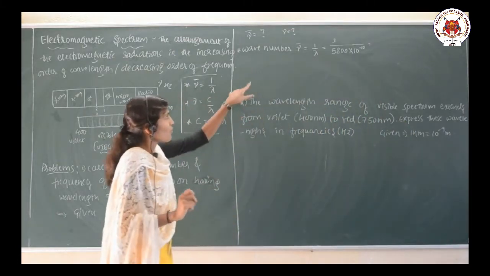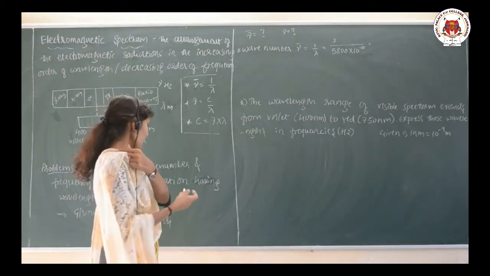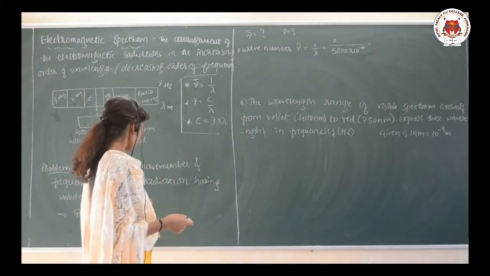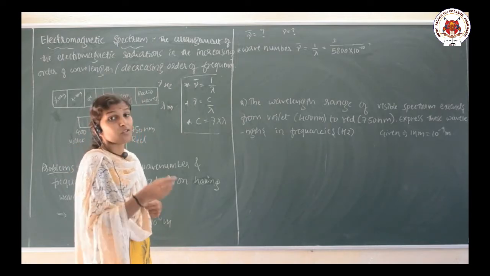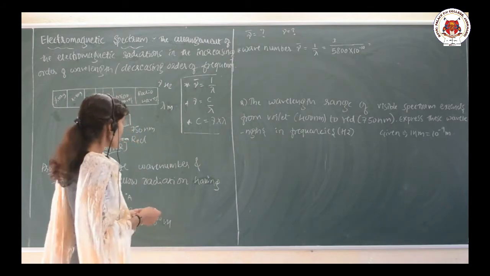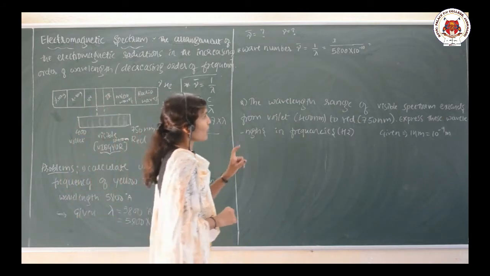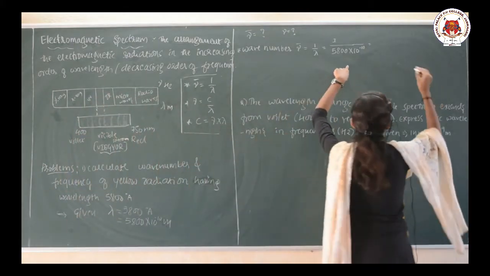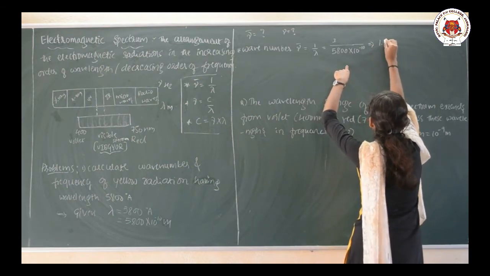Simply, the wave number formula is 1 divided by lambda. The wavelength they have given is 5800 angstrom, which should be converted into meters, so you should multiply it by 10 to the power minus 10. So we have substituted the values, and if you calculate this, you are going to get the answer